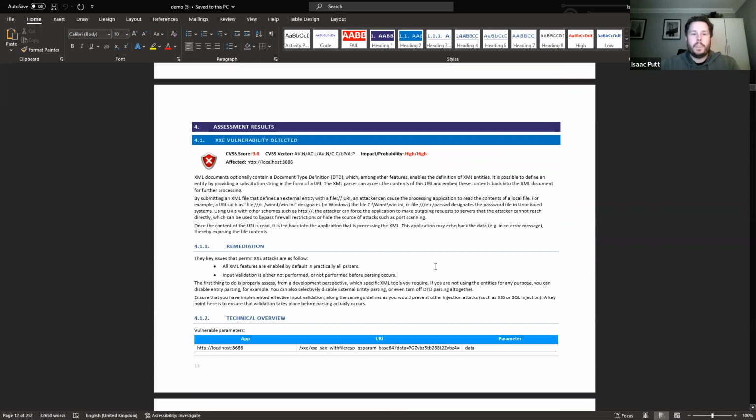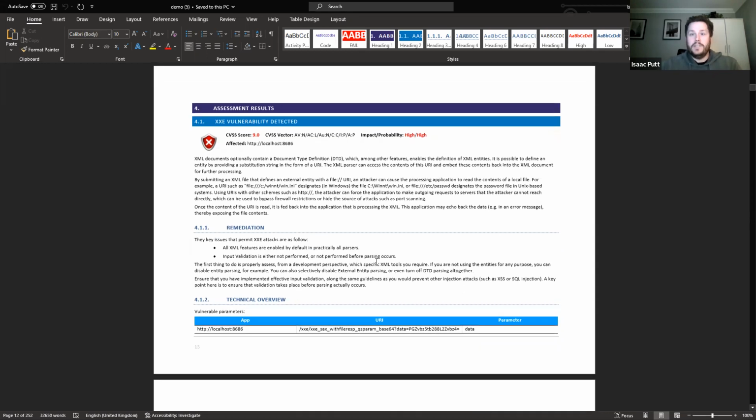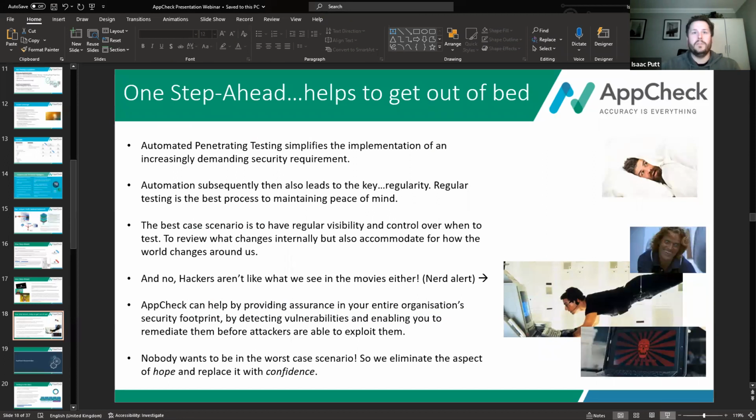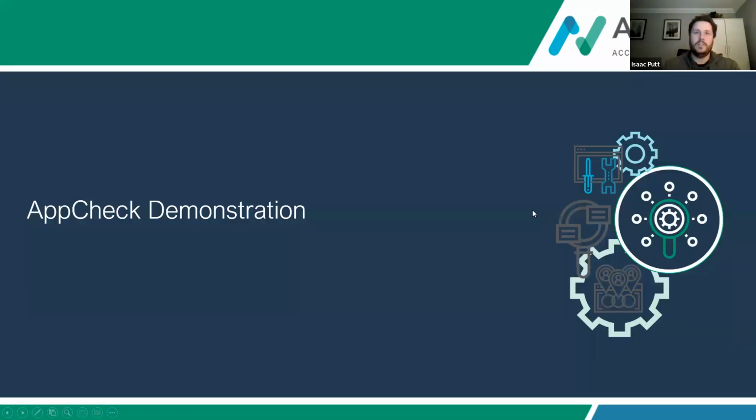And that's another message, just to say, if all of this makes absolute sense and you take to this like a duck to water, happy days. But if this is all very new, just going back to what I said earlier about the fact that we're built, managed, and developed by industry specialists, whether they be pen testers or developers alike, then these are the sorts of people you can expect to be supporting you if you take the journey with us. So that's the reporting aspect. I'm just going to jump back now into PowerPoint because actually that was the bulk of the actual demonstration. So if I just skip through.